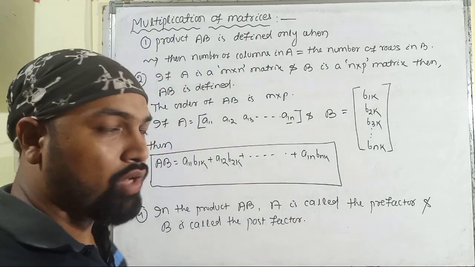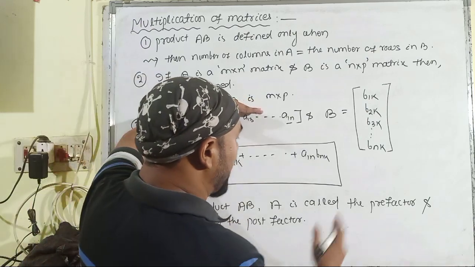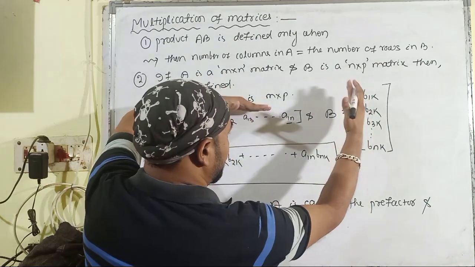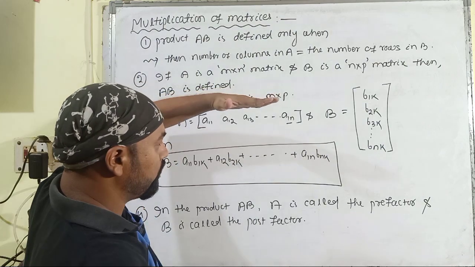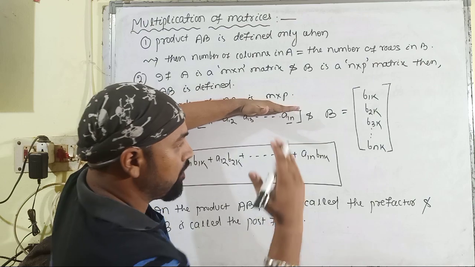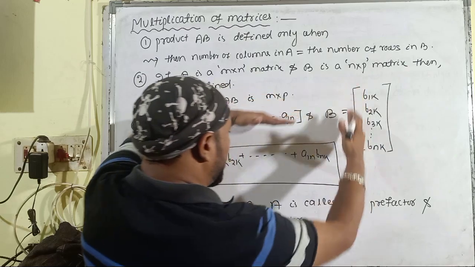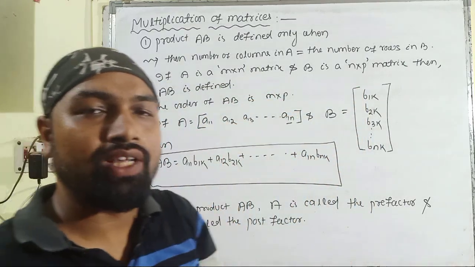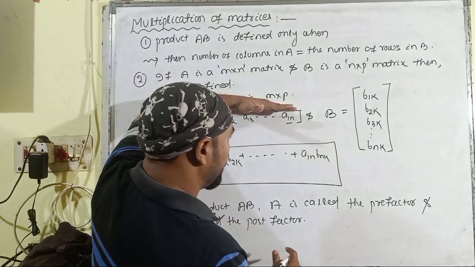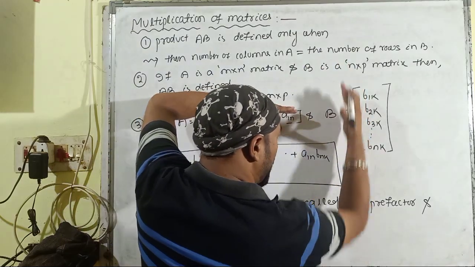And in which process do we have to evaluate the multiplication of AB? By using the row first, and the second phase is column. You have to go through this method. First of all, you have to position your left hand in a row-wise manner, and your right hand in a column-wise manner. Then you have to multiply the corresponding elements of both the matrices. That means, first of all, you have to place your left hand along the direction of the row, and your right hand along the direction of the column.